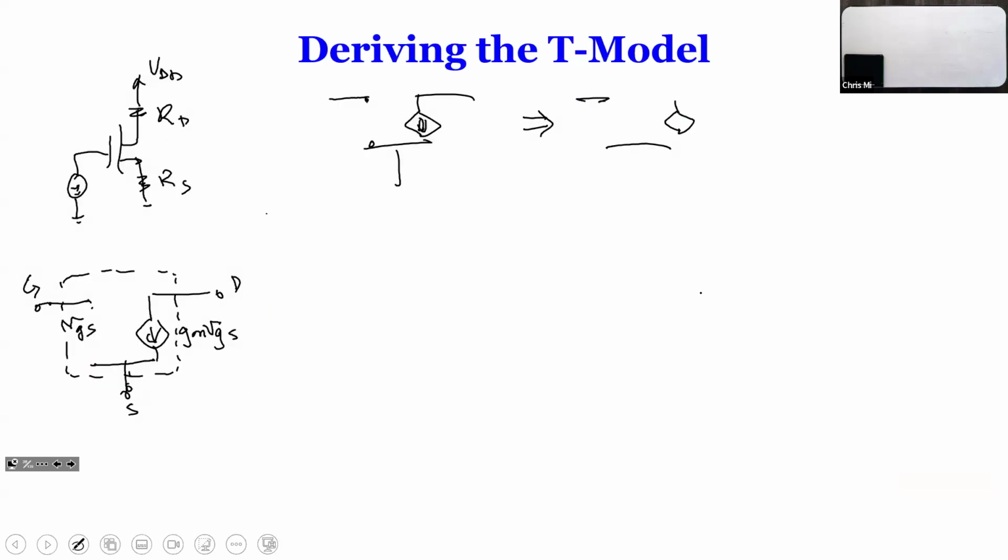So this is the current source. So we add another current source in series with the current source. If you think about it, you have a couple of current sources in series, what happens? Nothing changes, right? Because it's just a current source. But what's important at this point is that, if the source is